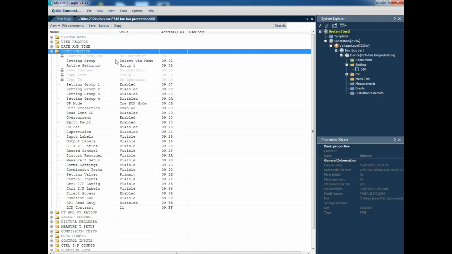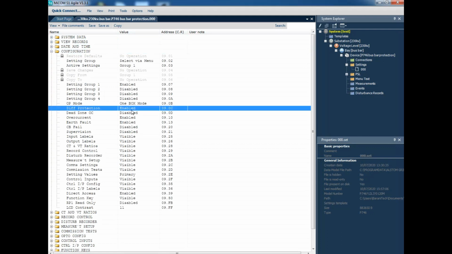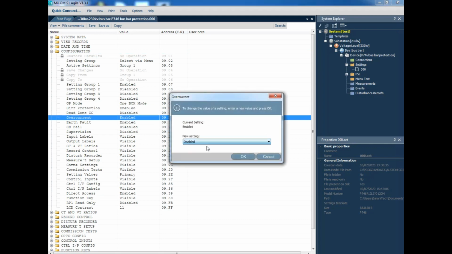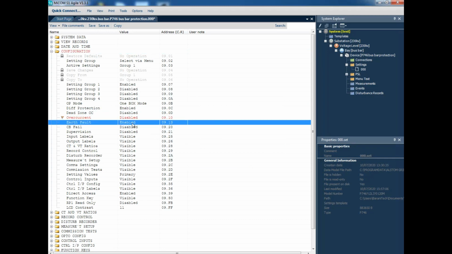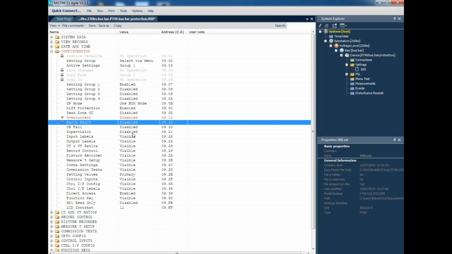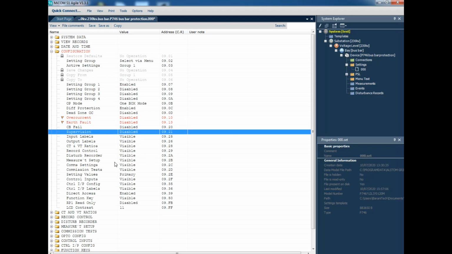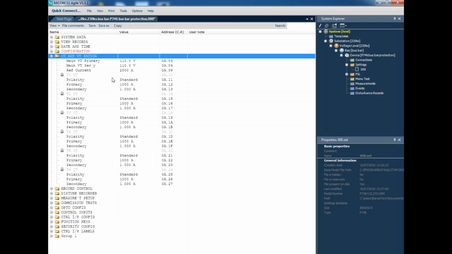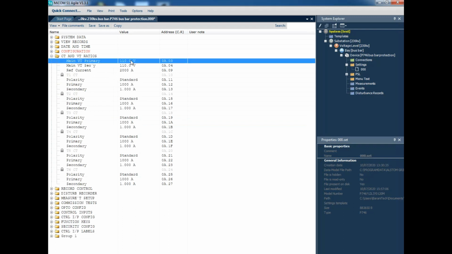Fourth one, over here we use only differential protection, the remaining other protections we have to disable. Here if you see overcurrent and earth fault, they were enabled, but as per our setting sheet we didn't have overcurrent and earth fault, so you have to make them off. Next we can see the CT and VT ratio.